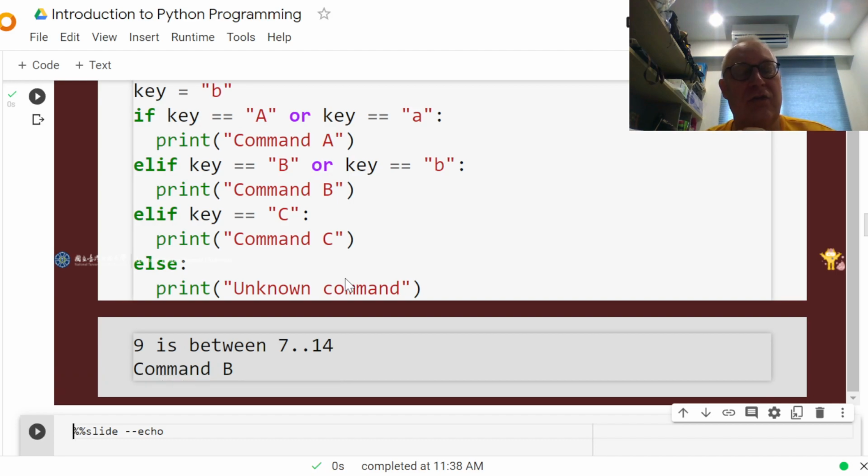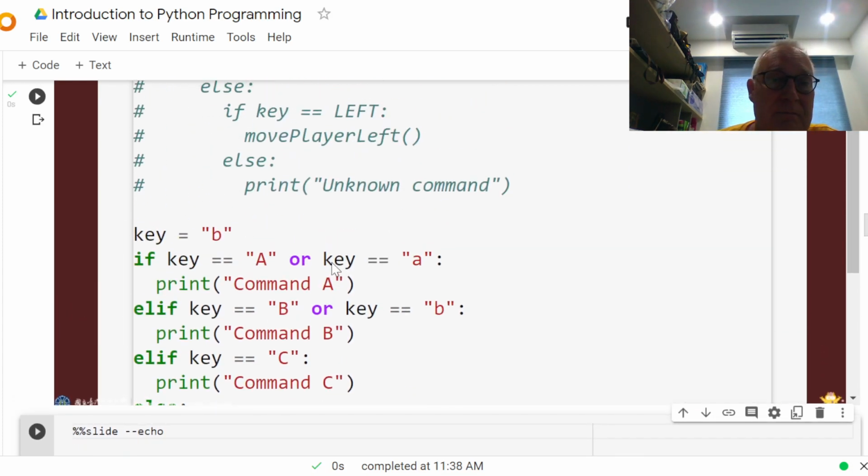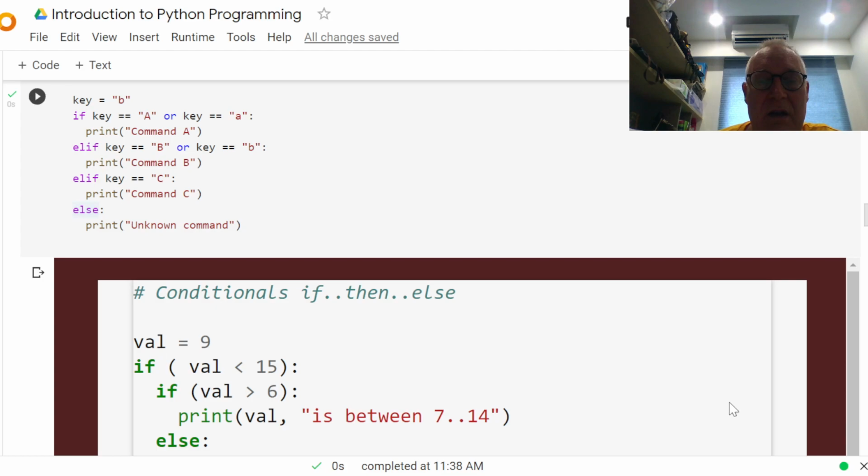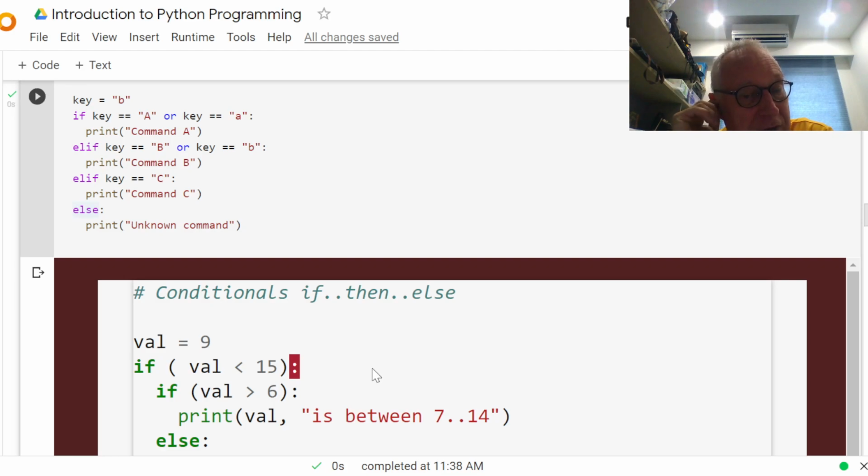So that's iteration. The next part that you need to know in JavaScript or Python or any other imperative programming language that you want to use would be conditionals. That's another cornerstone of imperative programming. In Python, that is also done using significant white space, and you basically have an if then else condition, except there's no then. You use the colon in order to indicate that a block of statements should follow,